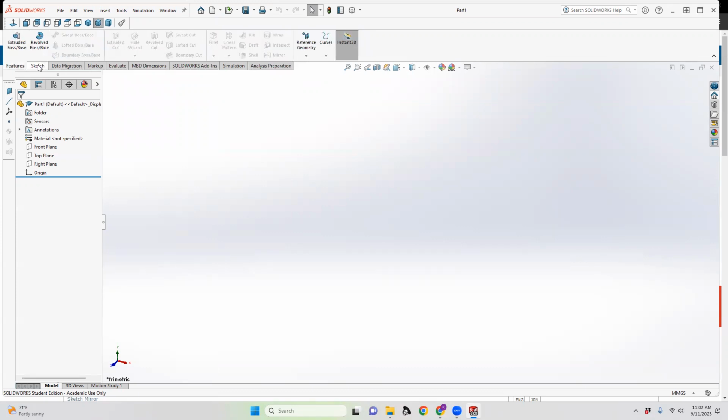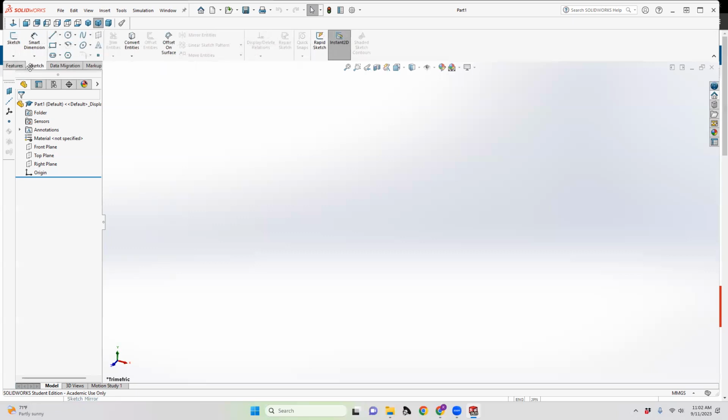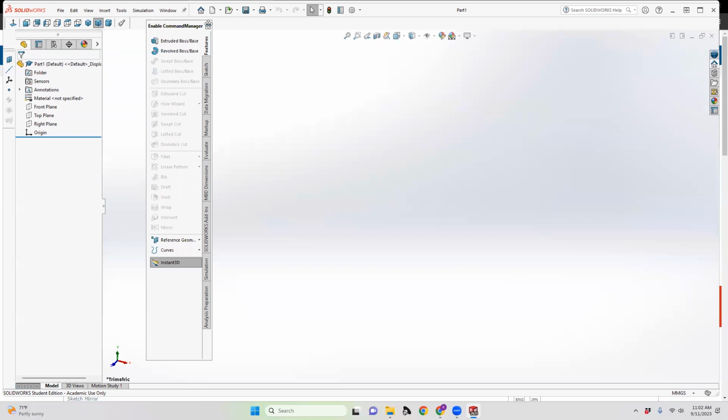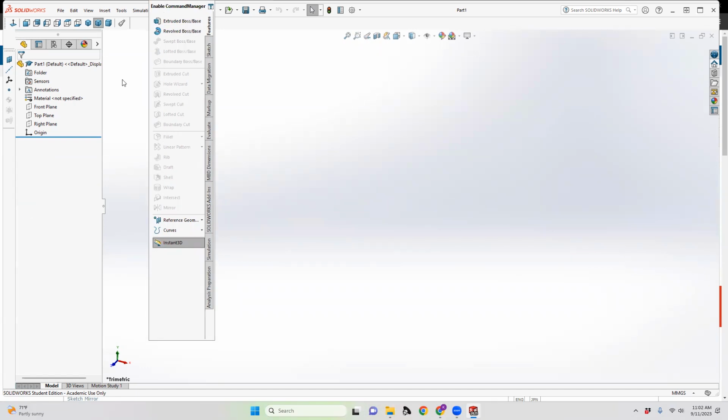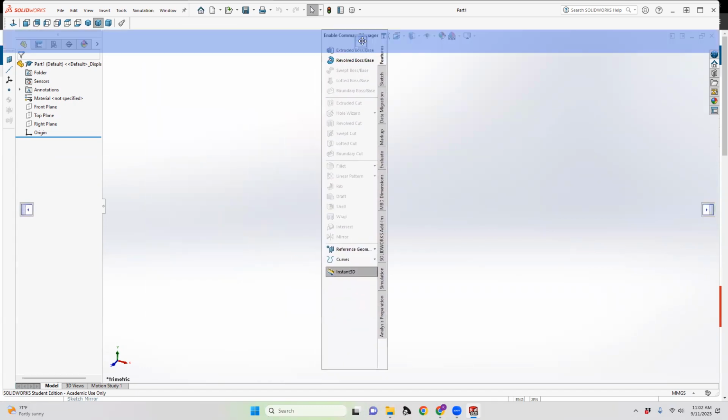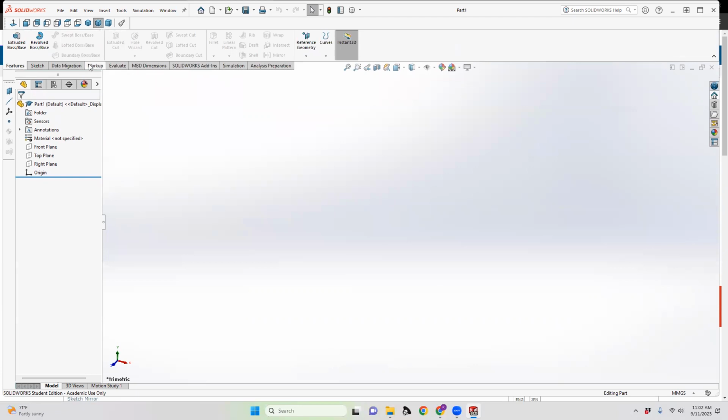So really these two should be reversed, actually, but that's not how things work. So this is something that you really want to make sure is enabled in your